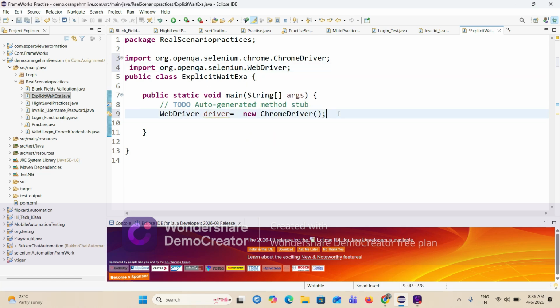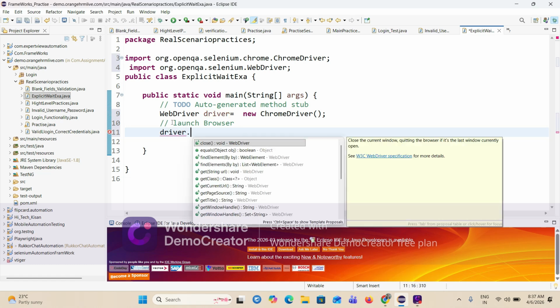First of all, I use driver.get to launch the browser.